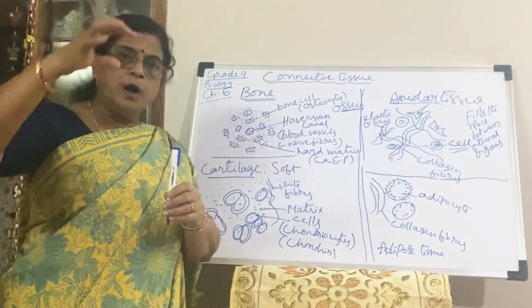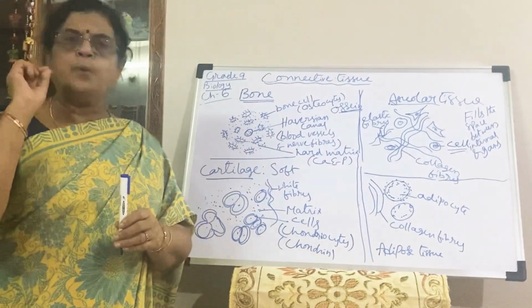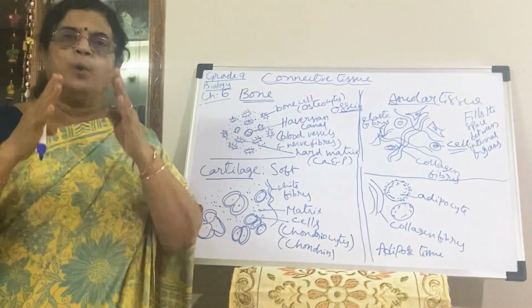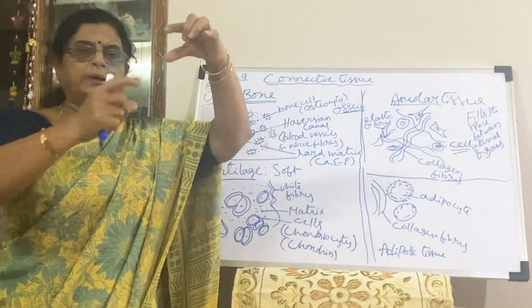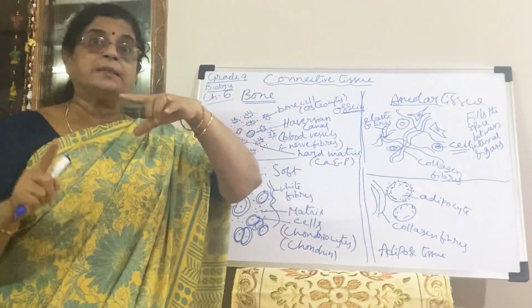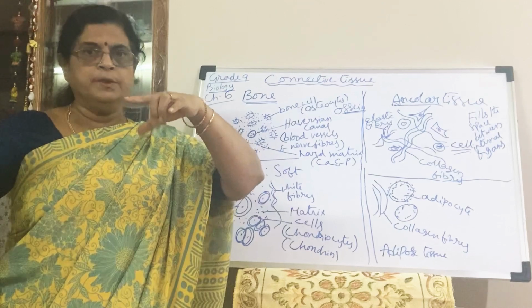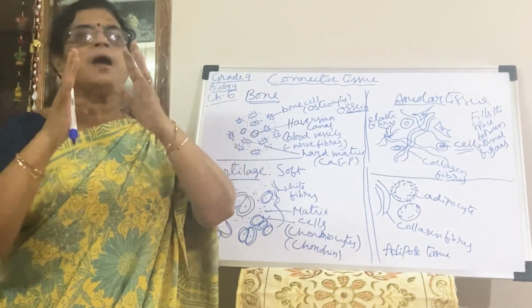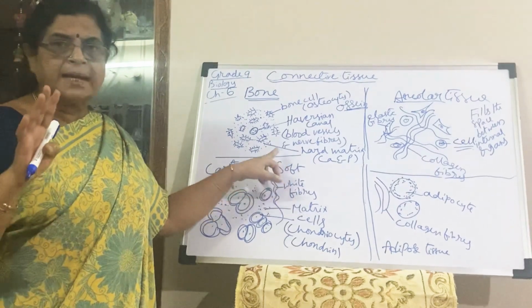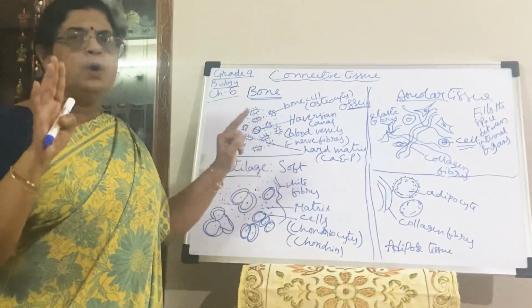There are long bones and small bones. The bone cavity is filled with bone marrow. Long bone cavity is filled with what? Bone marrow. From where are RBCs produced? RBCs are produced from the bone marrow. This is about the bone, a skeletal connective tissue.